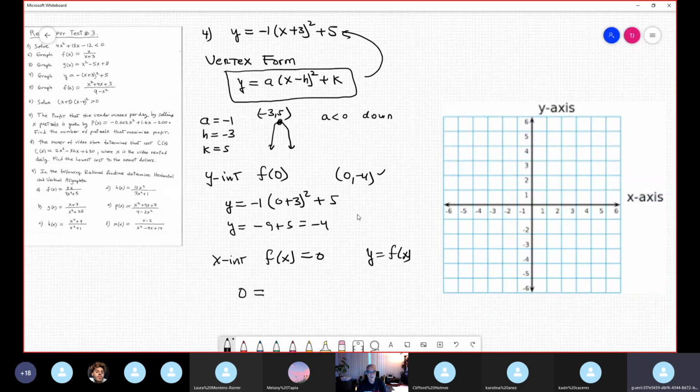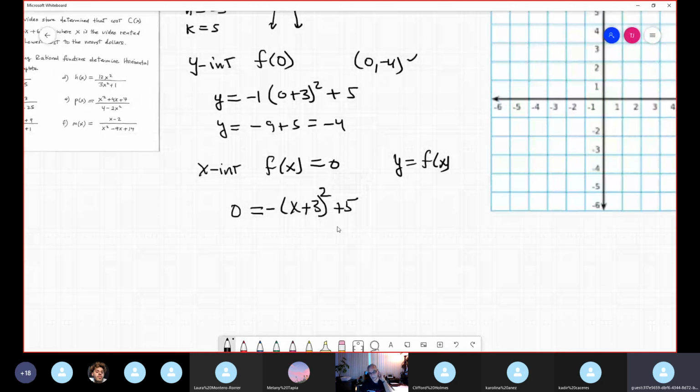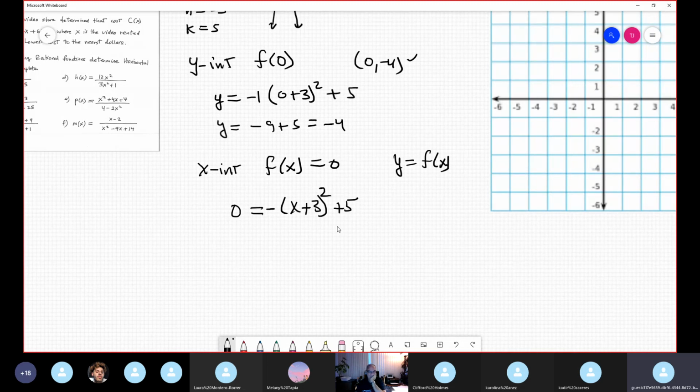In our example, it is negative (X plus 3) squared plus 5. I forgot the square here. And you solve this equation. By the way, I suppose it's a quadratic equation, of course. So I propose you do it the easy way. What's the easy way? Well, the easy way is,